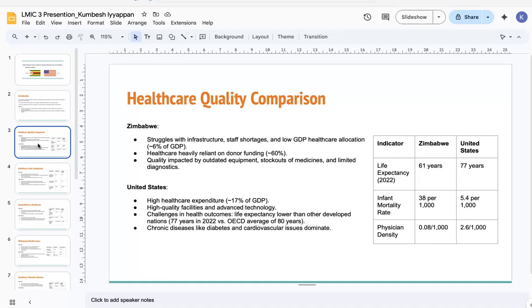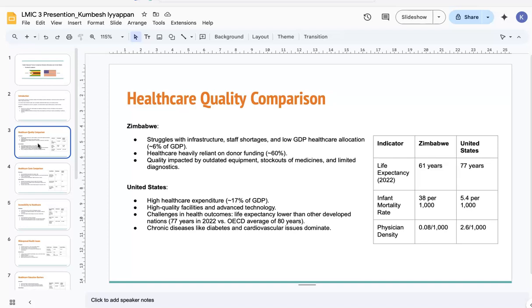To start with, I'll be walking through healthcare quality comparison between both these countries. Zimbabwe struggles with infrastructure, staff shortages, and low GDP healthcare allocation, which is around 6% of the GDP. And the healthcare in Zimbabwe is highly reliant on donor funding from other countries. The quality impacted by outdated equipment, stockouts of medicines, and limited diagnostics adds a lot of burden to the healthcare